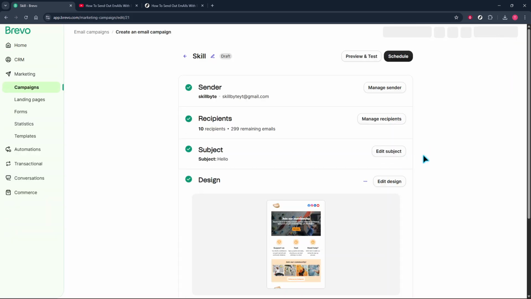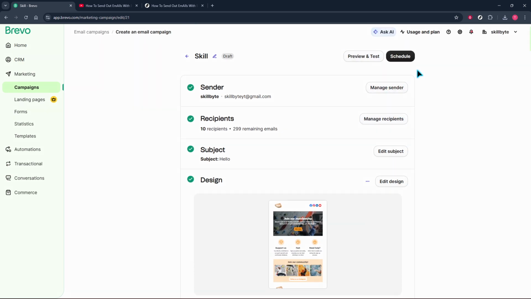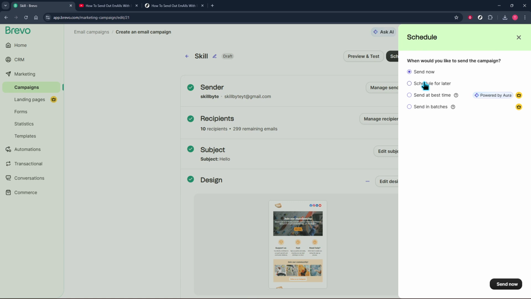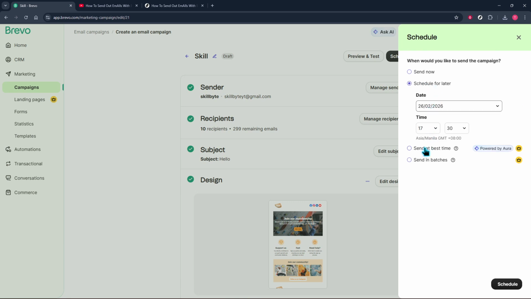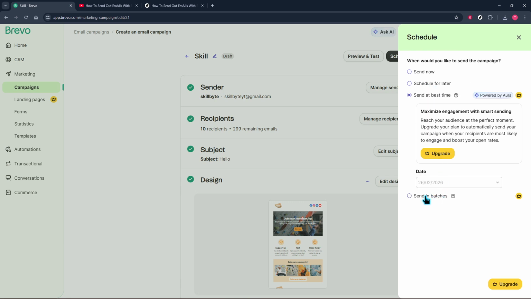From here, choose how to send. Click Schedule to review timing options. You can schedule for later and pick a date and time. Use Send at Best Time to let Brevo optimize delivery, or send in batches to spread sends across a window